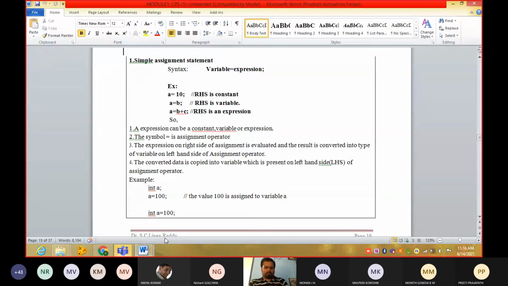Go through this one. First one is simple assignment operator statement. You can assign the value of one variable to another variable. That is the role of assignment operator.